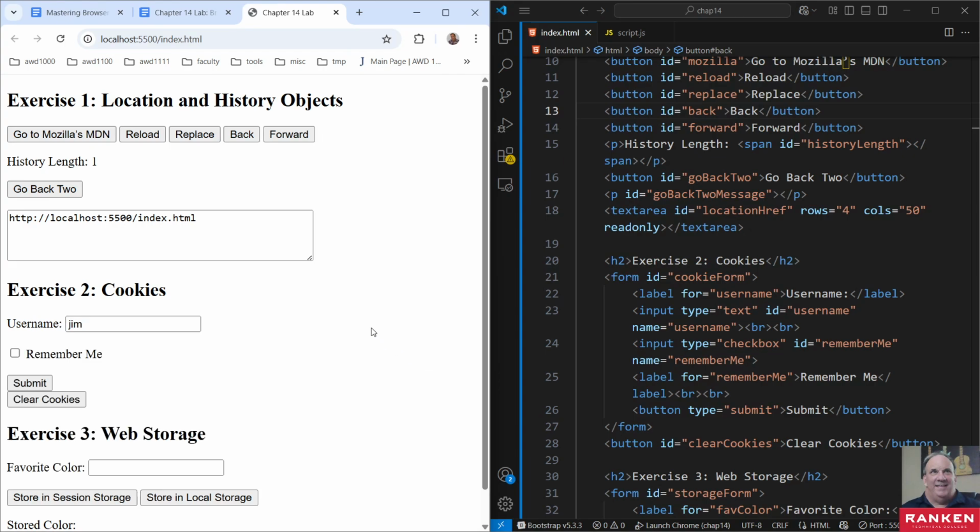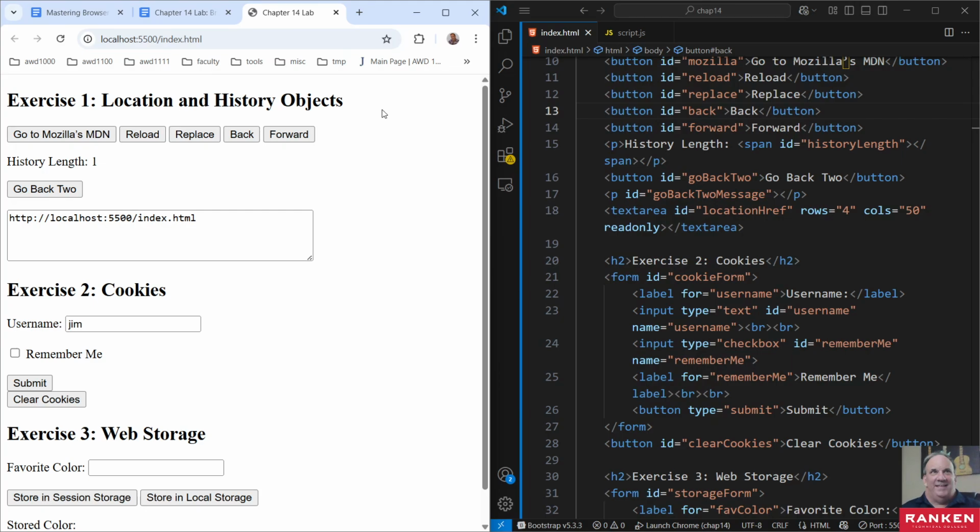Okay, so another way besides this kind of local cookie is a session cookie, and a session cookie only lasts as long as your session is valid, right? Basically you'd have to close your browser, but let's take a look at that real quick. Let me first clear cookies so we don't have any. Let's hit refresh. In this case, I'm just going to put my name, and instead of clicking remember me,